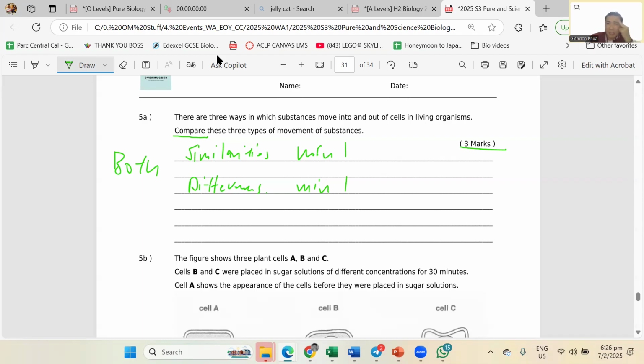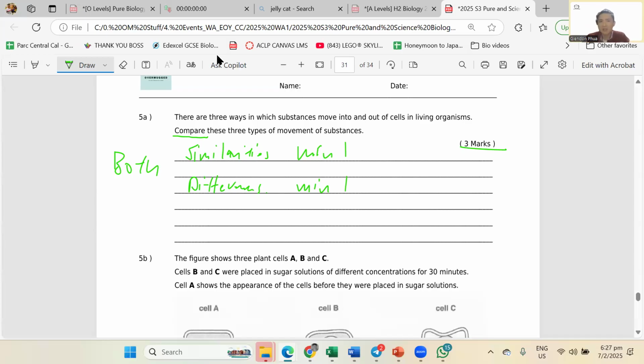Wow, how to compare? So let's compare similarity first. What is similar across 3 things? In my osmosis, in my diffusion, and here's what? Things need to move, right? When they need to move, there's always what? There is net movement of substances in all 3. That's one. Second one, all 3 involve a water potential or concentration gradient. Or you can phrase it as, in all 3 processes, there are differences in concentration or water potential between different regions.